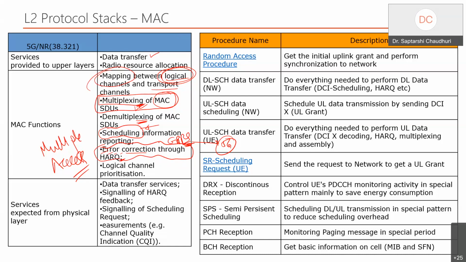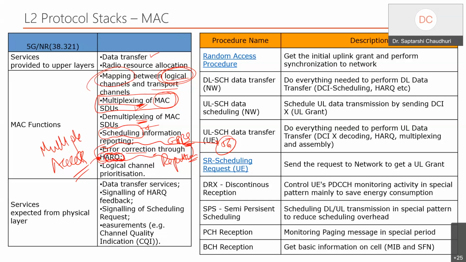MAC is closely working with the physical layer, which has to implement the error coding scheme. It's not a coding scheme point of view, but he takes control of doing the repetition, triggering the repetition. So that is the biggest entity that we call the hybrid ARQ. And one part of the ARQ is already there, I'll show you. But the MAC does the second level of the fast retransmission scheme.